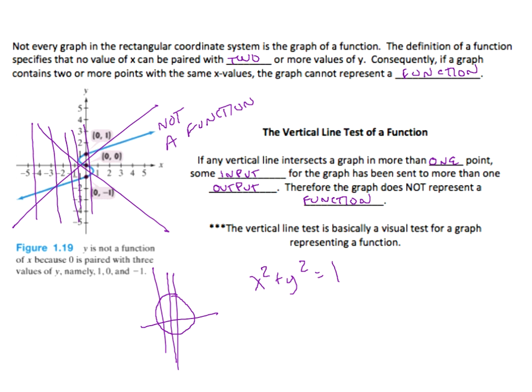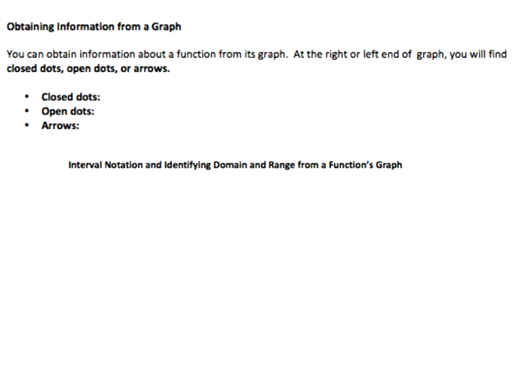Everybody good on the vertical line test? Check, check. Check, check, check, check, check. Okay. Yeah, that's a pretty simple concept. And check from Kim. Sorry I didn't wait on your check, Kim. Okay, so